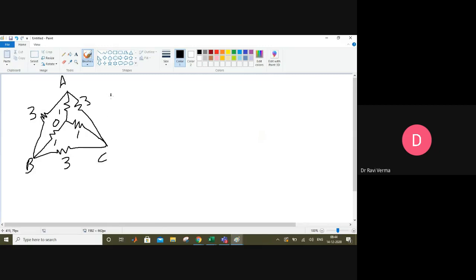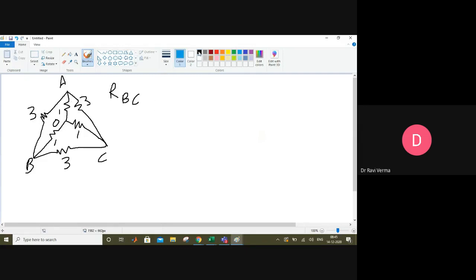So what is being asked? RBC first. RBC means resistance seen from this side to this side. So RBC is a part of a star connection or a delta connection? Delta. So what we will do, we won't disturb the delta, we will disturb the star. So if you convert the star into the delta, how will it look? One more resistance will be coming. So now this circuit will become like this.